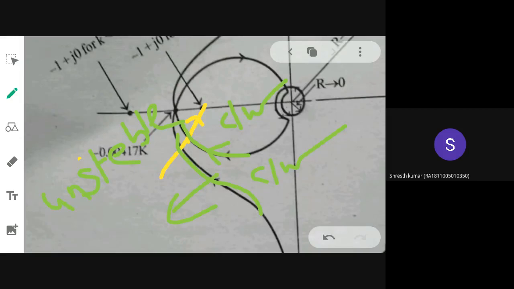That is the second point. If you have no encirclement, then no poles should be located in the right half. Remember right half now, not left half. So this is the procedure for determining and discussing system stability and defining the range of K for stability as per the Nyquist stability criterion.